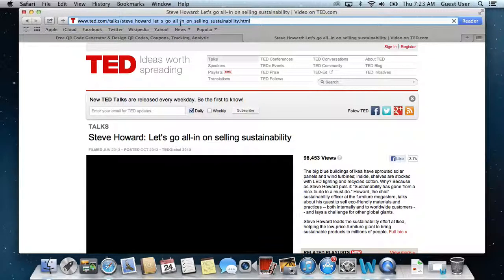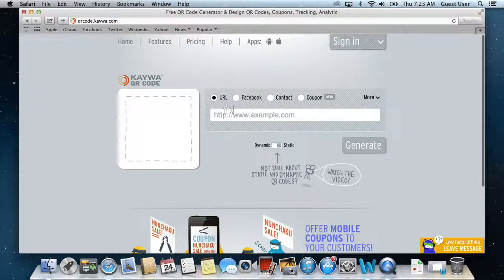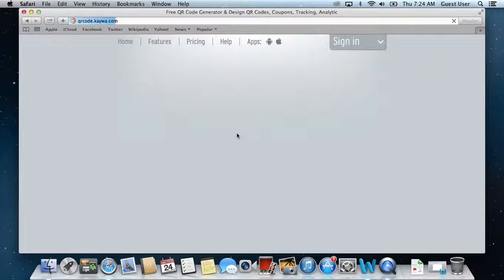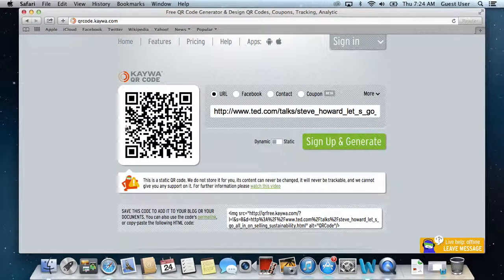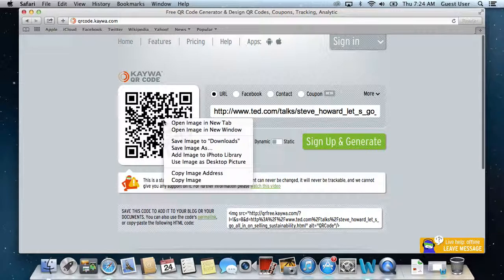I'm going to go up here on the address and I'm going to copy that address. I can close that out. Coming back, I'm going to paste the URL and hit generate on the QR code. And as you can see, it makes a unique QR code for that TED Talks video. Now we can simply right-click on the image and copy image,